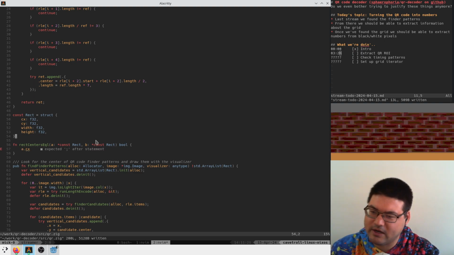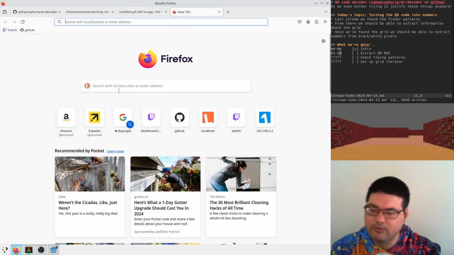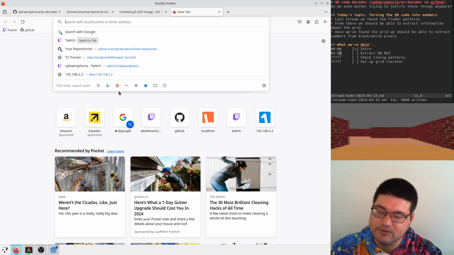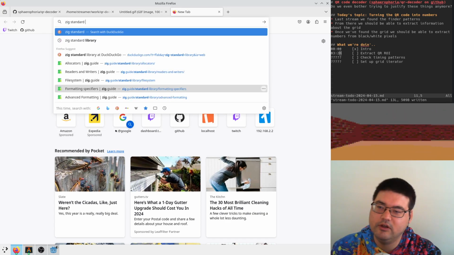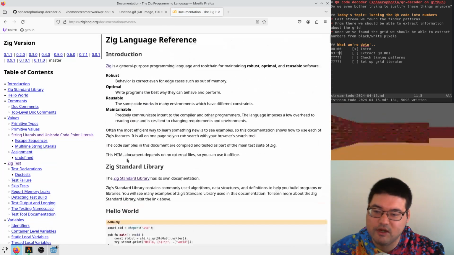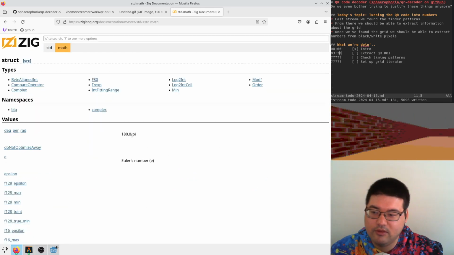And is there like a standard library function for is close? It would be nice if there was. It's easy to write one. But you know, if it exists, we should use that. Zig standard library. Just seems like the kind of thing that would be in there already. Like in math,